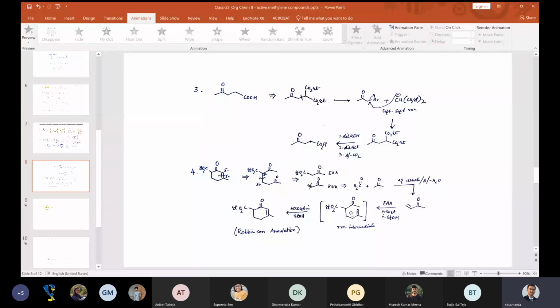So it is actually kind of an aldol. It will form a negative charge here, and it will attack here, so that you get this compound. Correct? Got it? So this is a first Michael followed by aldol condensation. What is this one? This is called the Robinson annulation step. Correct? So we are using Robinson annulation to construct a lot of this kind of smaller units for doing synthesis.